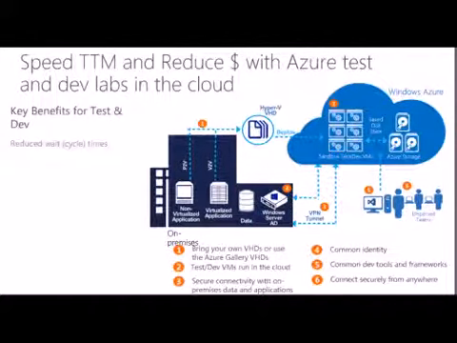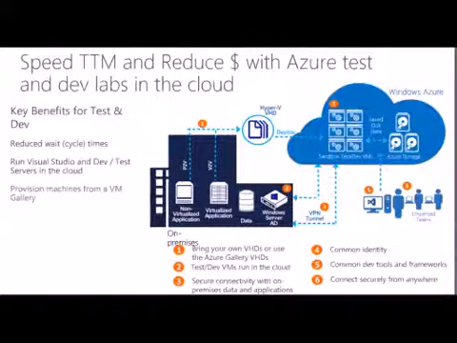So the key benefits I see there are that we reduce our wait times for our environment to be provisioned. We enable servers for dev and test to be created as environments in the cloud as and when we need them. We enable provisioning machines from a virtual machine gallery. So whether it be pushing up your Hyper-V machines that you've got from a virtualized network into a gallery, or utilizing some stock virtual machines that Microsoft provides, we can get up and running with virtual machines very quickly. We pay by the minute. As we're using our compute, we pay for what we use.